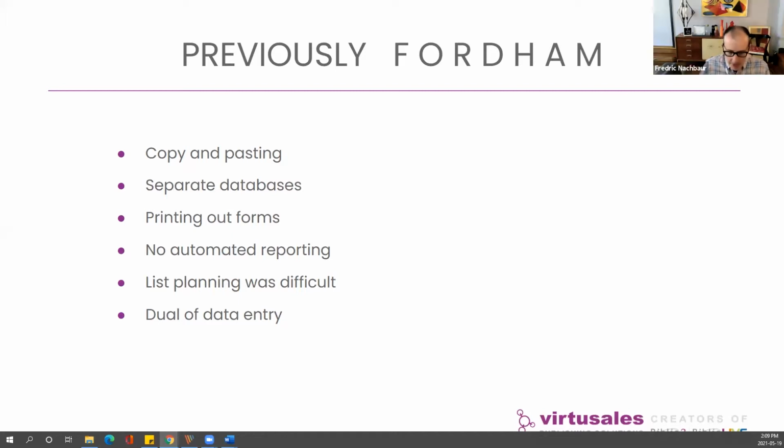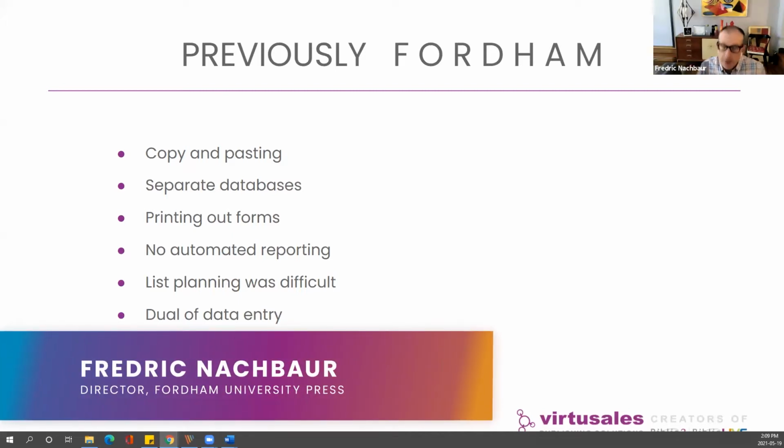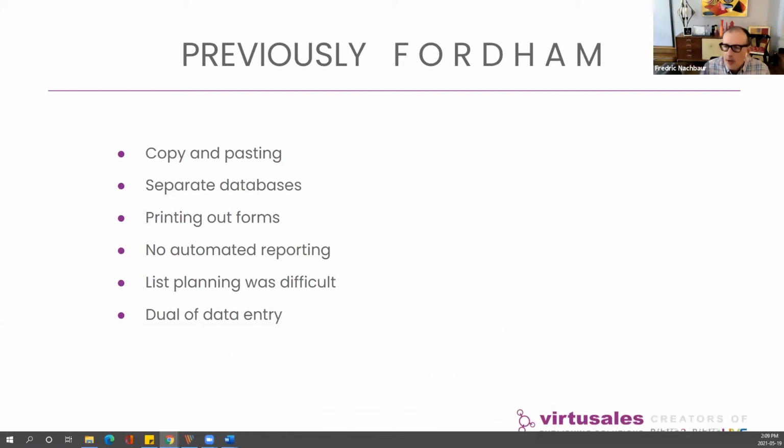Sure. So before we got Biblio Live, we were working with FileMaker as our house database, but that was only good up to a certain point. So a lot of the team, editors, were keeping their own systems for tracking information, such as readers and list planning. We were each keeping our own lists. It was kind of disjointed and piecemeal. So we realized that we really needed an integrated, transparent house database that everyone could look at any moment